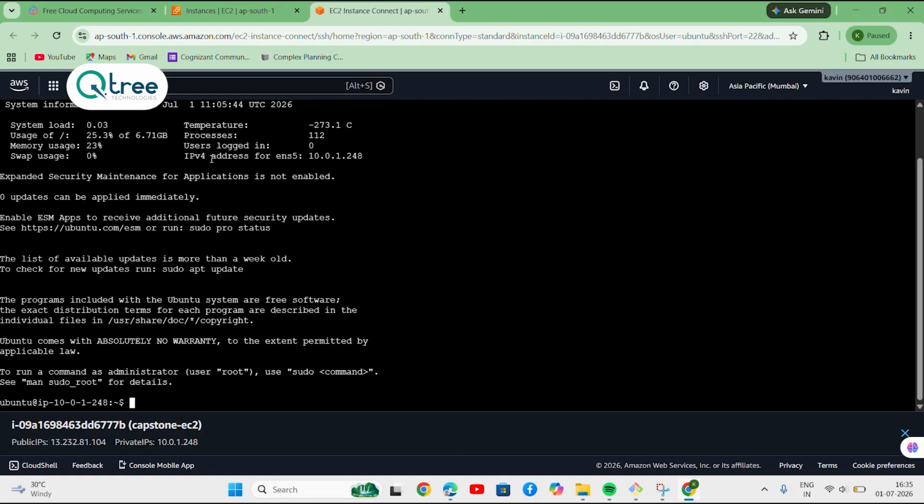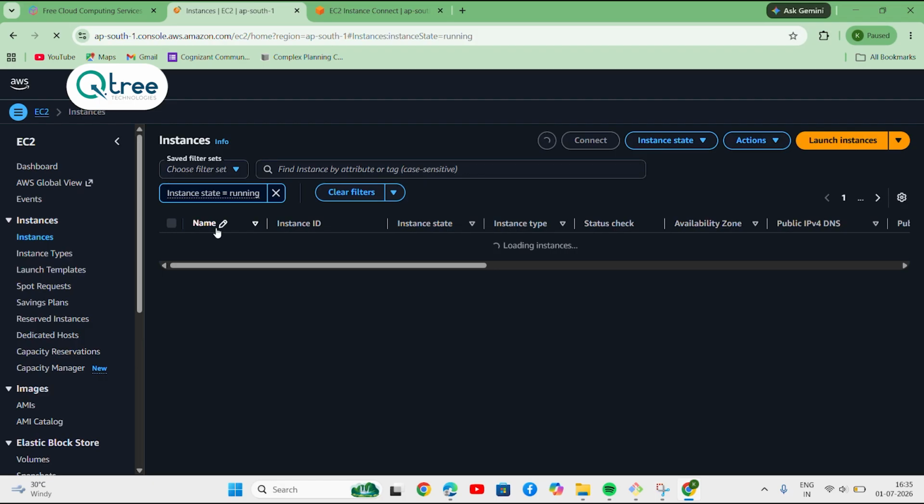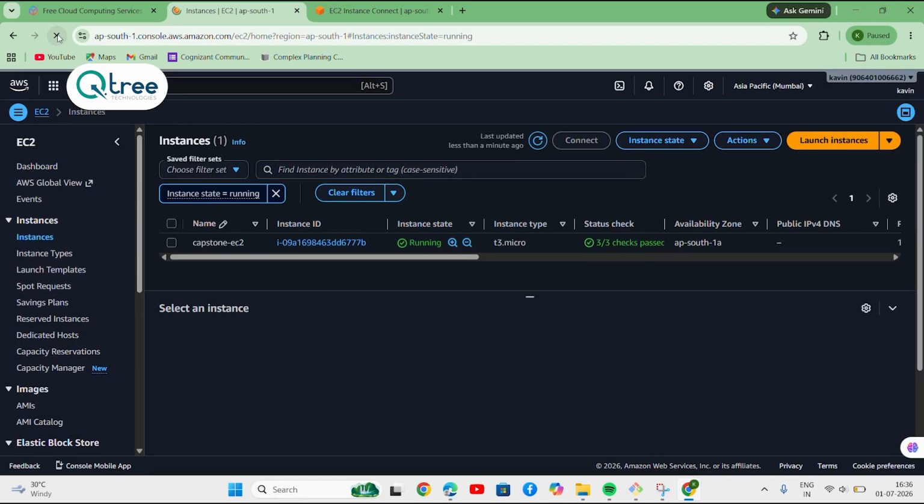Okay, the VPC is connected successfully. It is our project, the automation of Terraform using modules. The EC2 is connected. The status check is passed. The conclusion of this project is to demonstrate how Terraform can